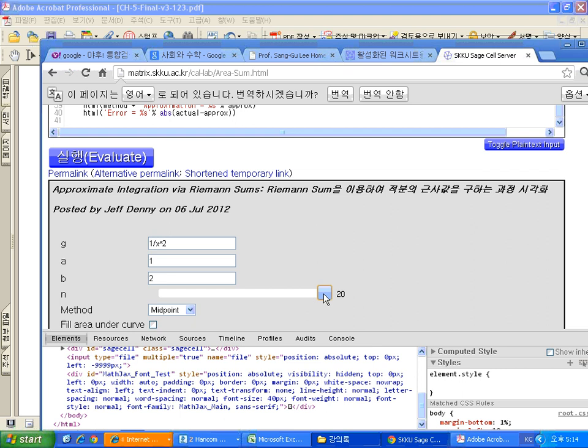Here, with the midpoint rule, with n equal to what? 3? 5? Okay, then with the midpoint rule, we will have